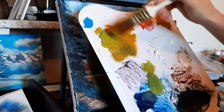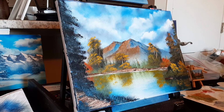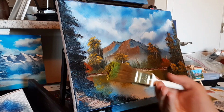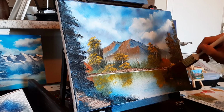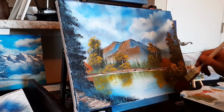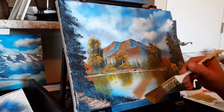But see, I'm just playing with these colors, trying to get what I like. Trying to get what you like out of it. Oh yeah, there we go. See, now I got this yellow-green color going on here. And there. Just finish that off. Tap him on there. Then we'll finish the dirt and the water lines over there after we do our highlights